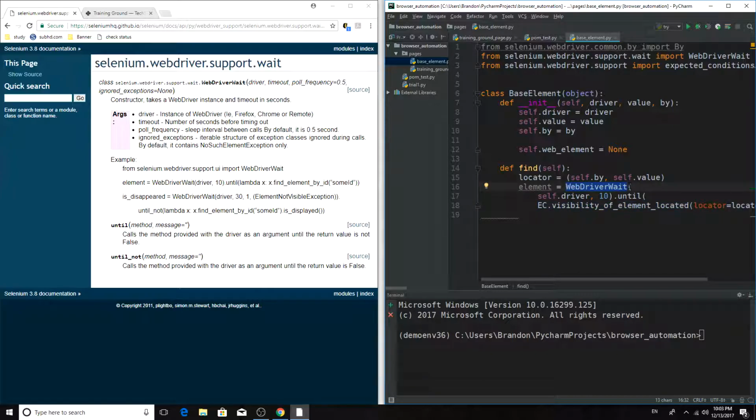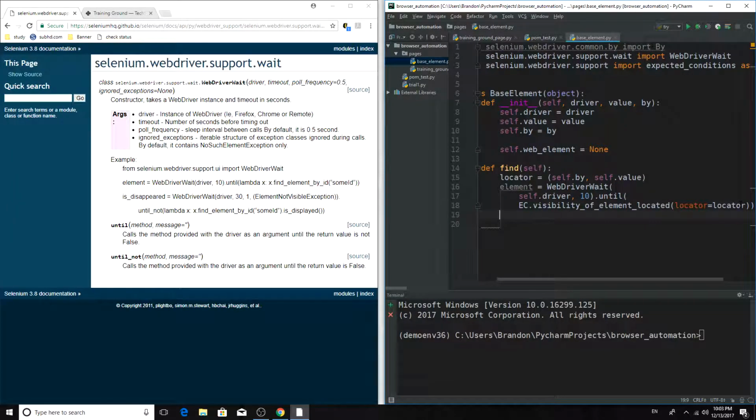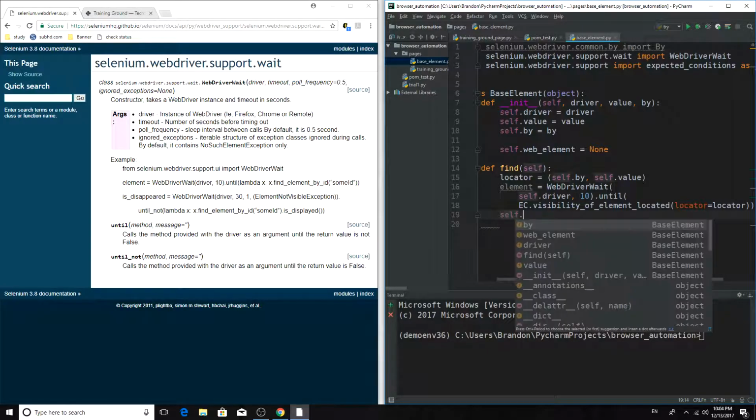We're telling the WebDriver to wait until something we expect, which in this case is the visibility of the element that we located, and we have to locate that, so we pass that in. Boy, that's about three rabbit hole layers in, but just stick with me. I promise it's powerful enough that it's worth going through this pain, and I will show you in just a second why. So, find the element. Well, let's go ahead and